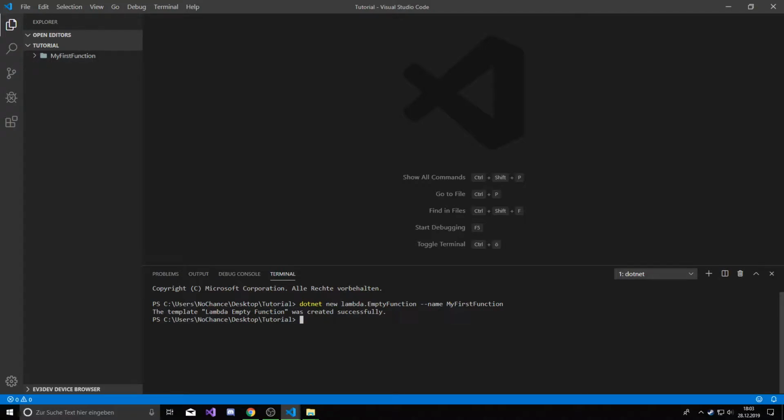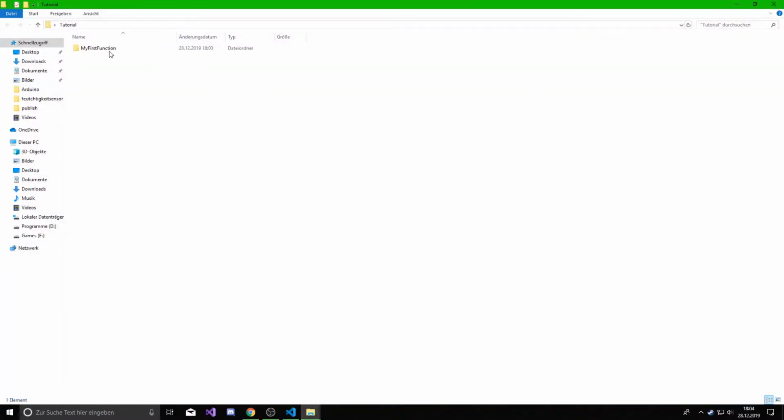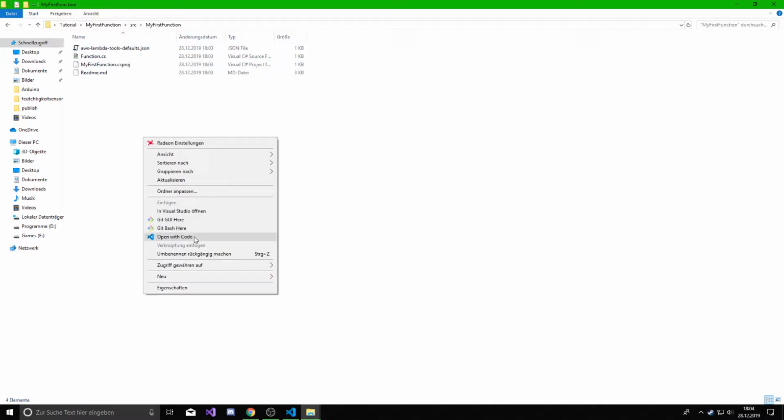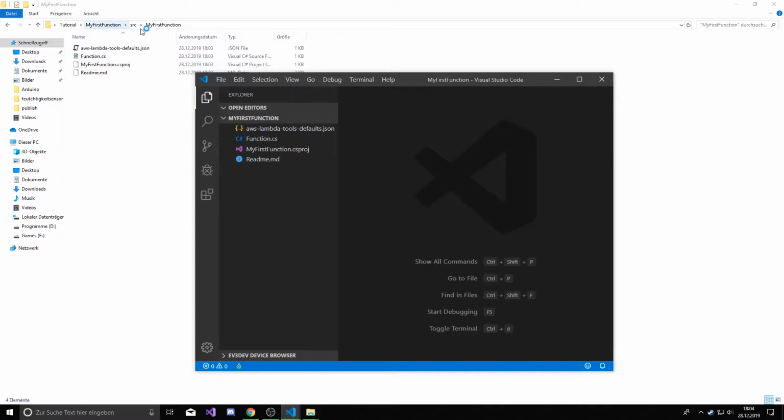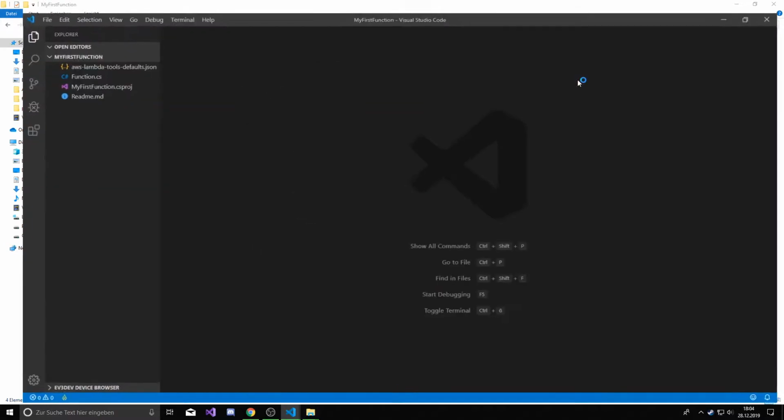As soon as this terminal is done, you can just close Visual Studio Code here. Just go into src, go into MyFirstFunction, and here we're gonna open with code again. So src, MyFirstFunction, src, MyFirstFunction. When you open up